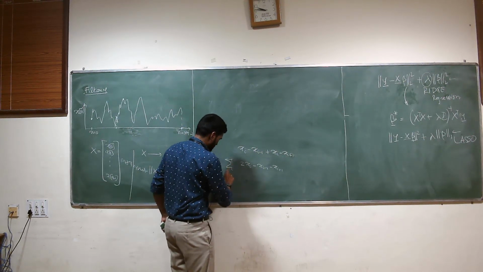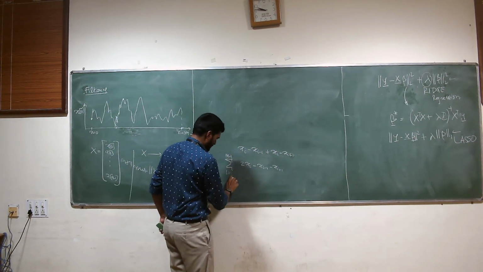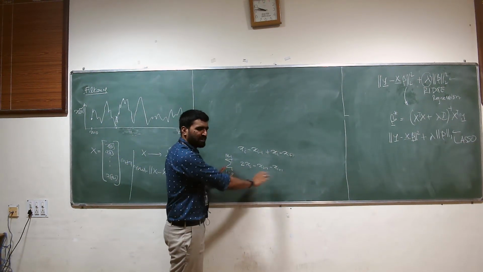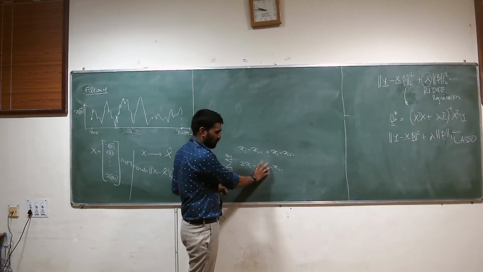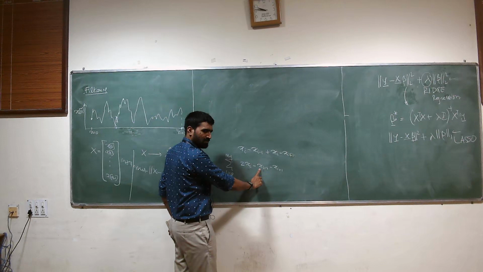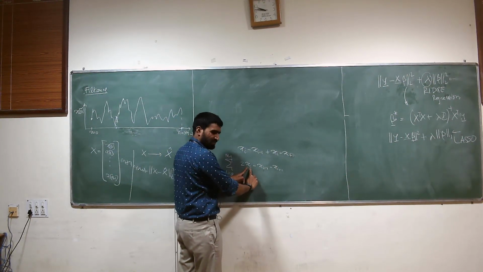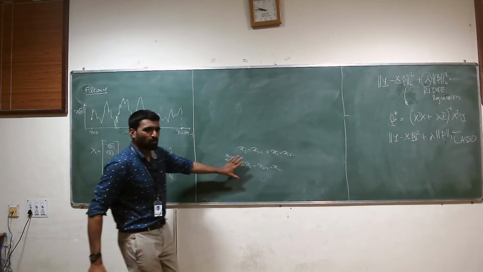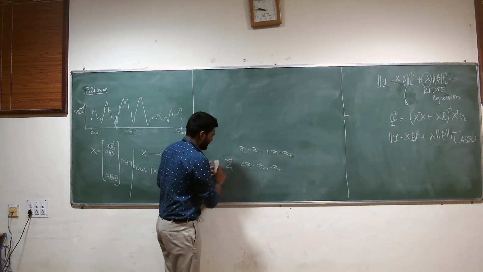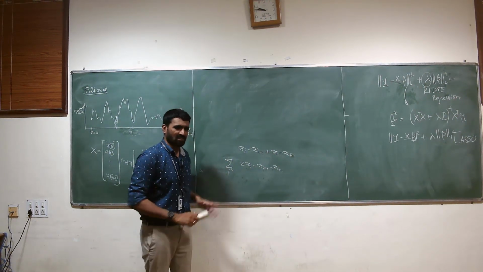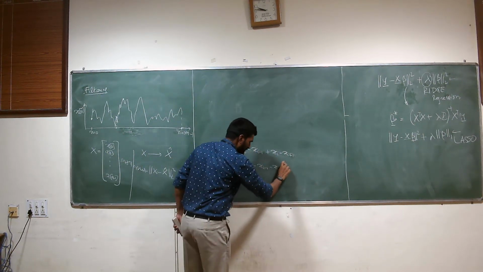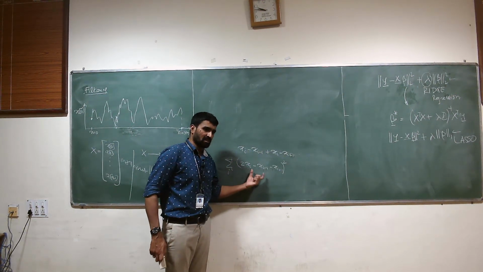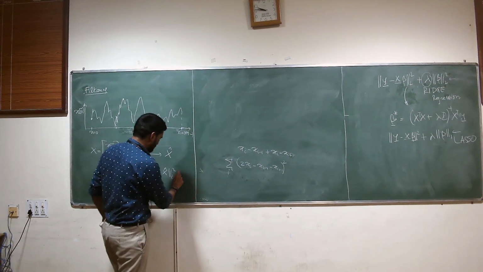I'm not worried about the edge cases. When i is 0, there is no x of i minus 1 because my signal started from 0, but you know what I mean, right? I'm not going to bother with that; we'll have to deal with the edge cases slightly differently. And I want to say that the square of this is small, because I don't care whether it's positive or negative, but I know it is small. So if I simply tag this along here,